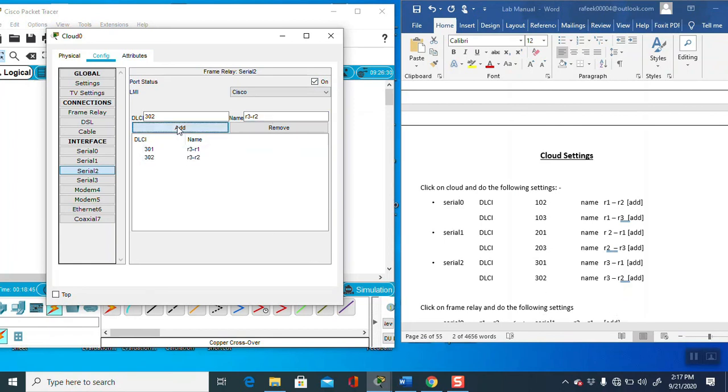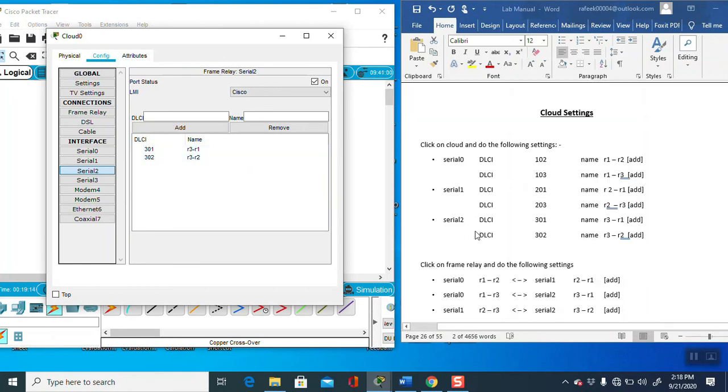Now add this. You can again verify: 102 R1 R2, 103 R1 R3, and serial 1 already has 201 R2 R1, 203 R2 R3, serial 2 has 301 R3 R1, 302 R3 R2. So now we have finished the cloud.